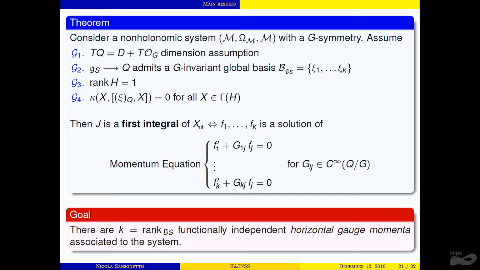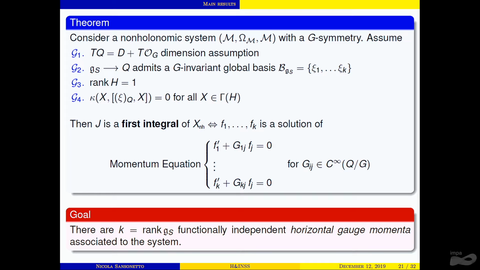Then we assume that the distribution H is one-dimensional, or if you prefer, that the shape space is one-dimensional. And finally, we have this ugly technical condition that comes from a proper choice of the coordinates in the momentum equation. And if these four conditions hold, then J is a first integral of the dynamics if and only if